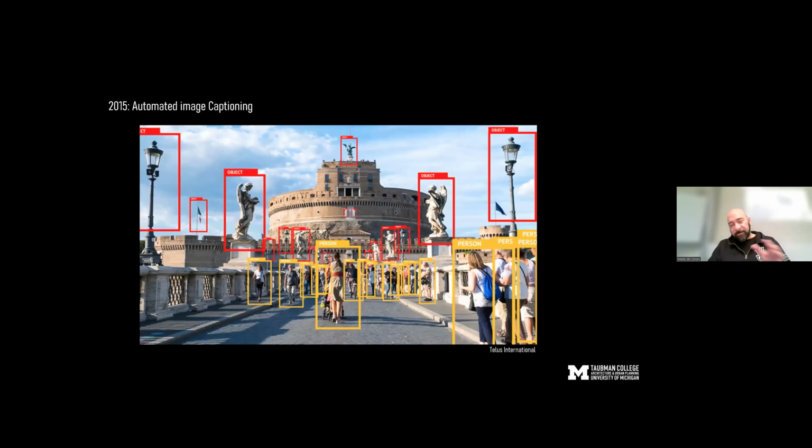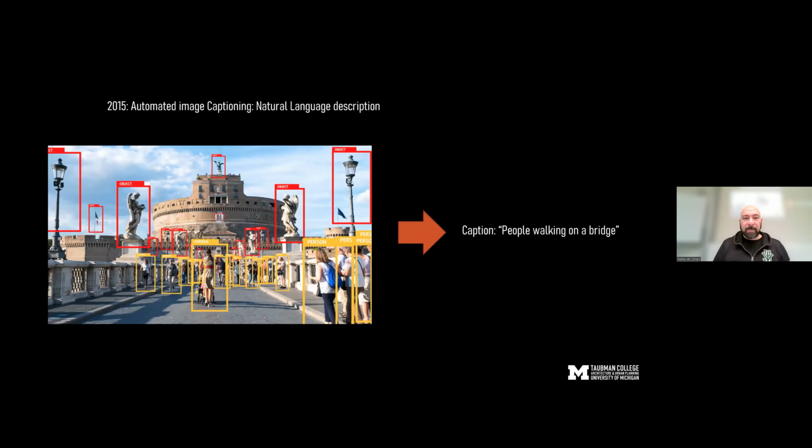Okay, very quickly, how does this happen? Where do diffusion models come from? In 2015, there were enough annotated images in a data set that it was possible to create something called automated image captioning. For example, we have images that are annotated with this is a dog, this is a person, this is a car, this is a tree. Because there were enough of those, it was possible to create an algorithm that was able to automatically label or create a caption of an image. So it sees this here and says people walking on a bridge.